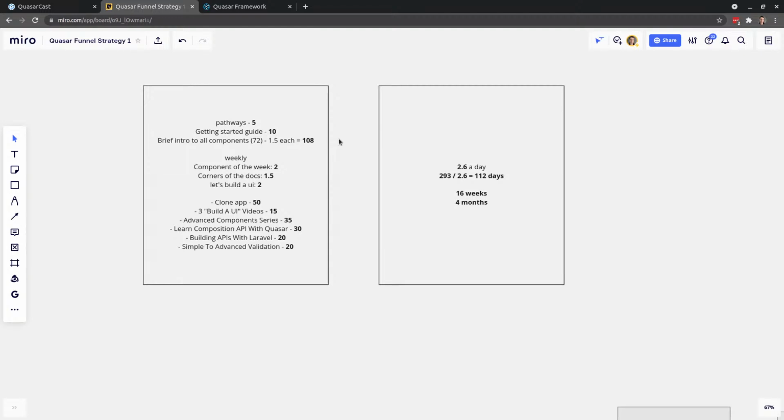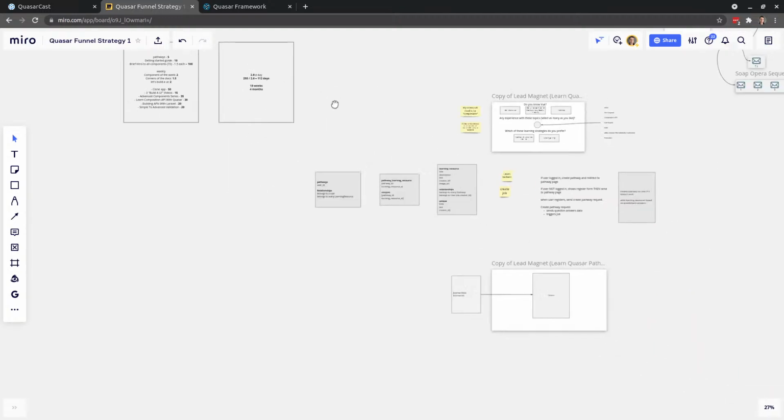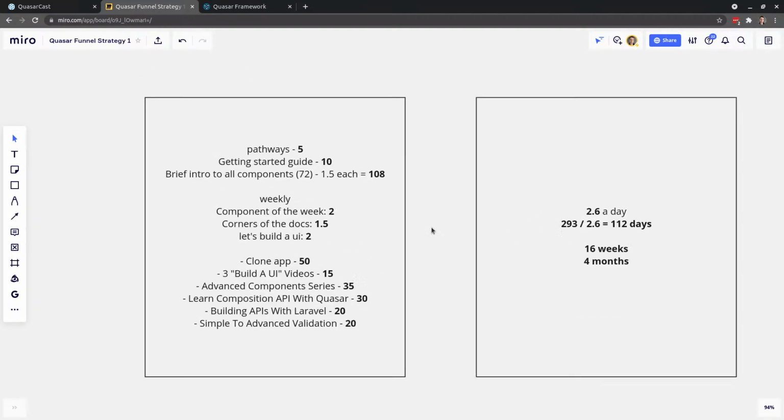So the idea is, QuasarCast is going to basically go live in terms of the monthly subscriptions in about 4 months' time, based on this structure. So that's kind of my plan. I know this looks really ugly. I haven't prettified it yet, like I have a lot of my other stuff, but that's my plan